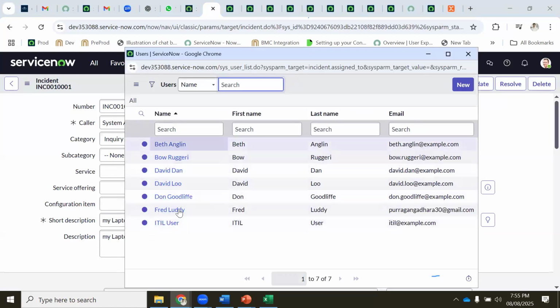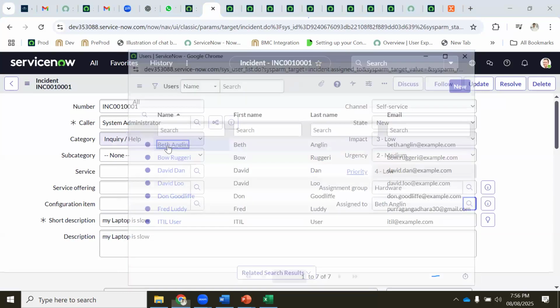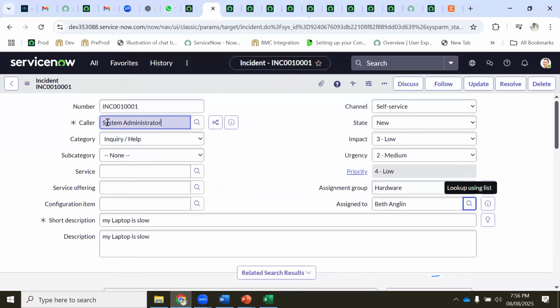This many people are there in the hardware group. If a hardware issue comes, all these people will try to work and fix it. Any one of them will take your ticket. Say you yourself are the system administrator. So he took a ticket, and he wants to connect with you.